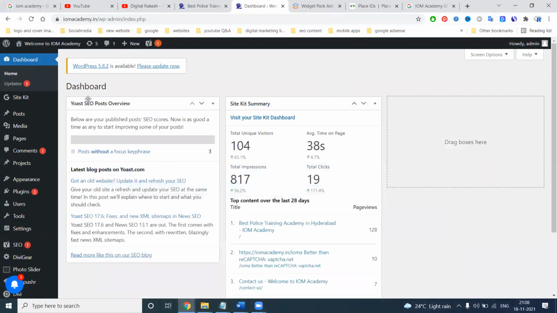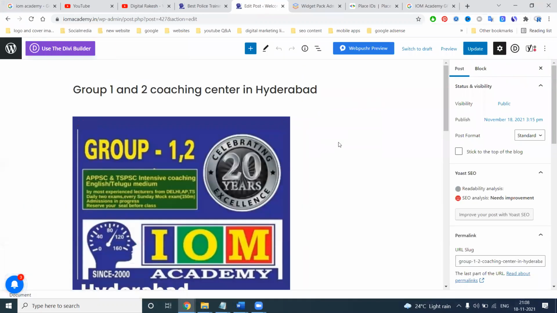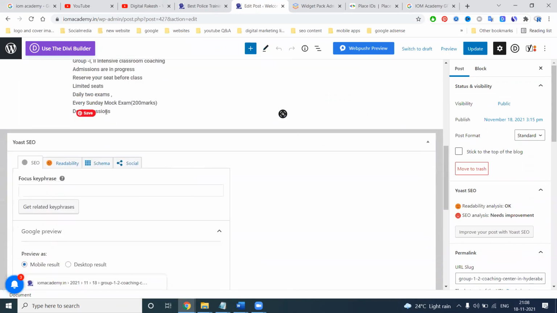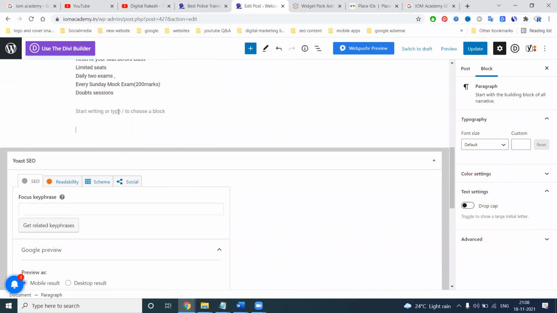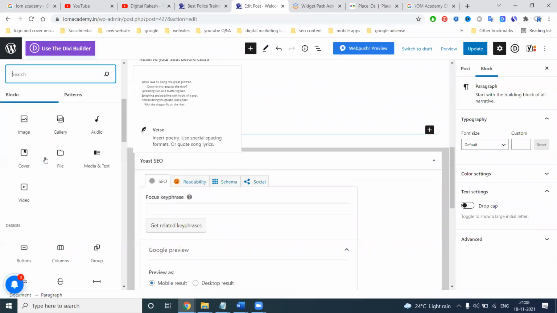Copy. I'll just show one sample. Post. Edit. In any website, we have two options: the content option, and the code option that is also shown to customers. There are multiple options here.